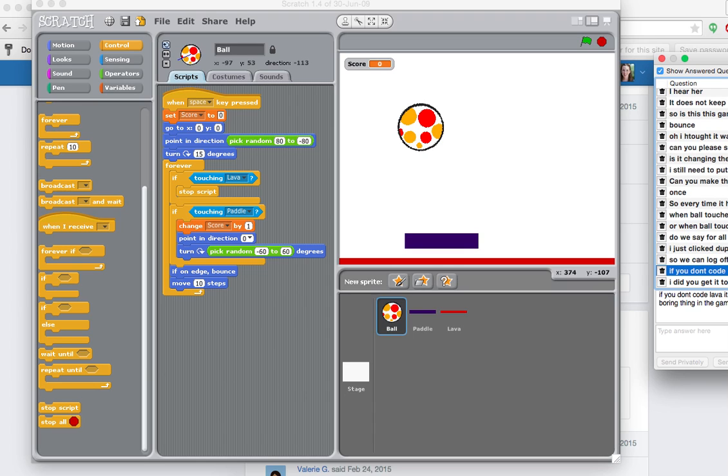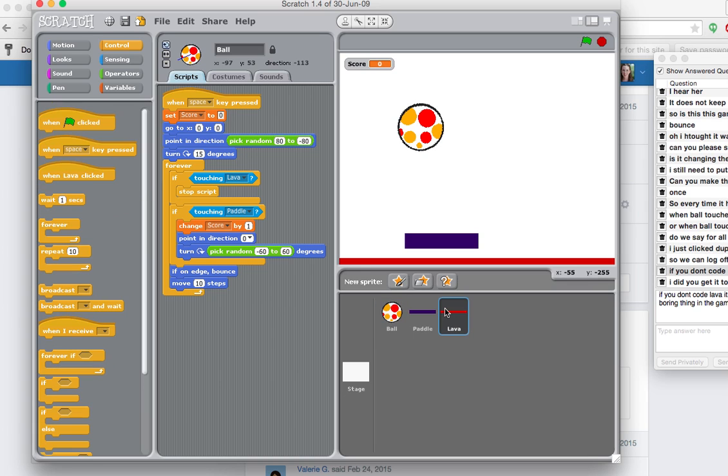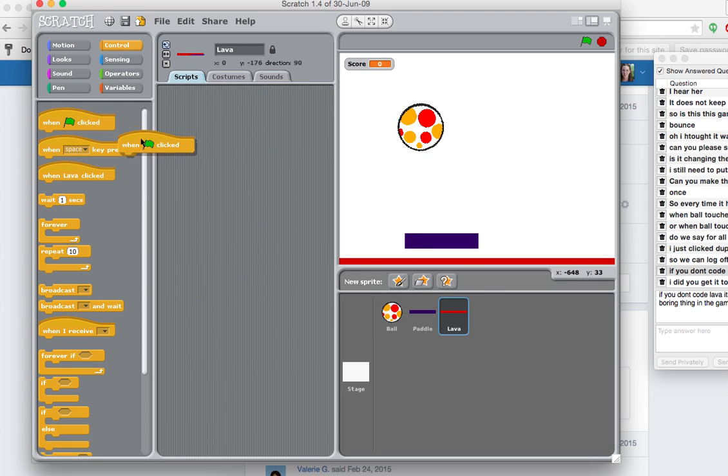Annika, you're right. If you don't code lava, it will sit there and be the most boring thing in the game. That is accurate. What you actually could do is, as the score increases, you could have your lava move up and your paddle move up the y-axis, and that would be pretty cool, right? So, if score reaches 4, then have that, something like when the green flag is clicked, or let's say spacebar is pressed, forever,